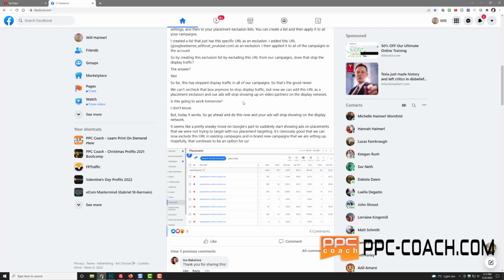We can't uncheck that box anymore to stop display traffic, but now we can add this URL as a placement exclusion, and our ads will stop showing up on video partners on the display network. These video partners on the display network, this is the garbage traffic, and that's how you stop it, by excluding this from your placements. Is this going to work tomorrow? I don't know, but today it works, so go ahead and do this now, and your ads will stop showing